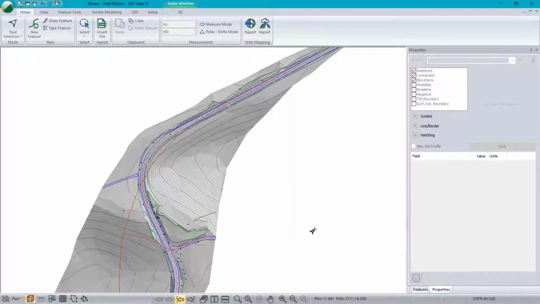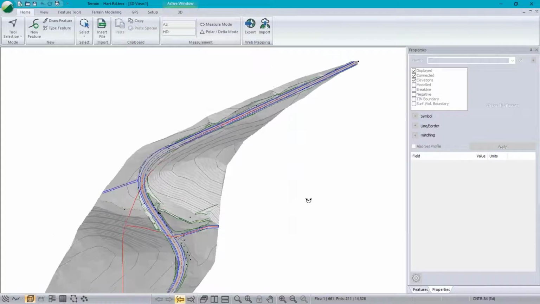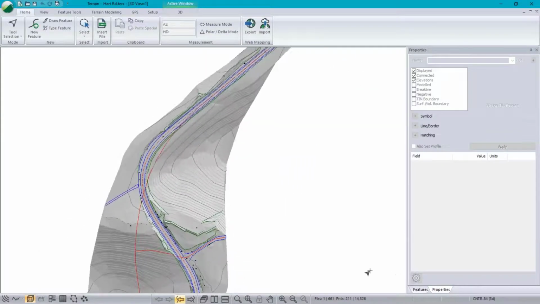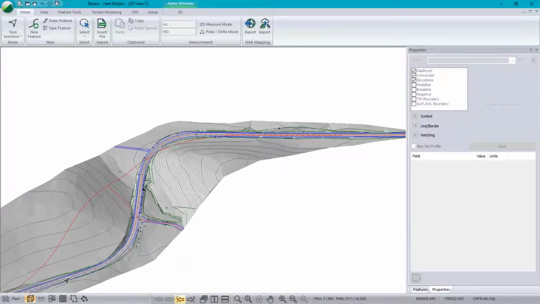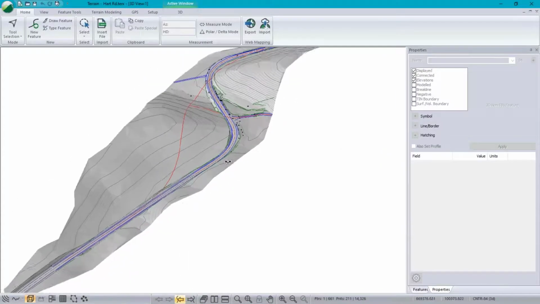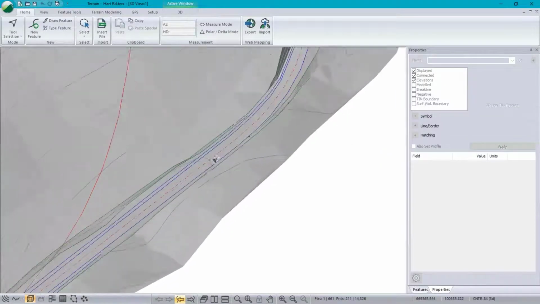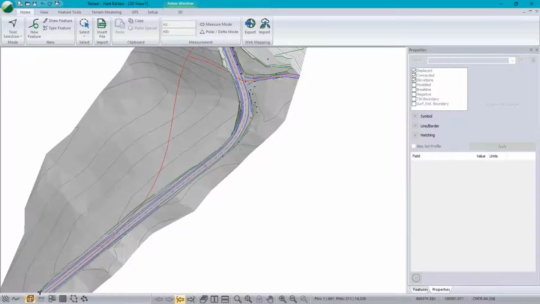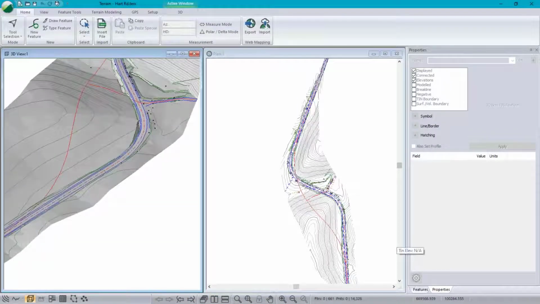It doesn't know if you click outside the surface, it doesn't really know where you are and it just keeps the old rotation point. But if you click on the surface, that becomes your rotation point. If you have two windows visible, the track mouse has its namesake feature. When I move the mouse in the 3D, I can see a ghost pink one moving around in the plan, and vice versa. If I move around in the plan, I can see the cursor moving in the 3D. Okay, now